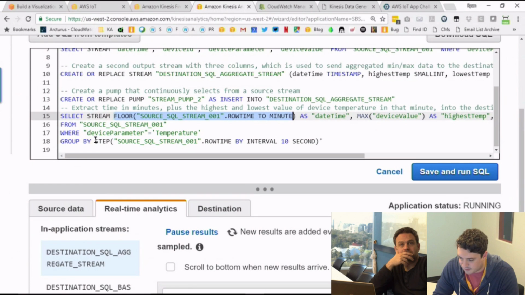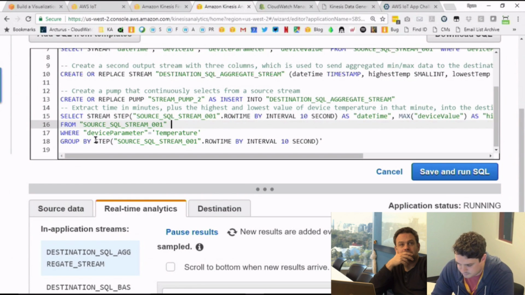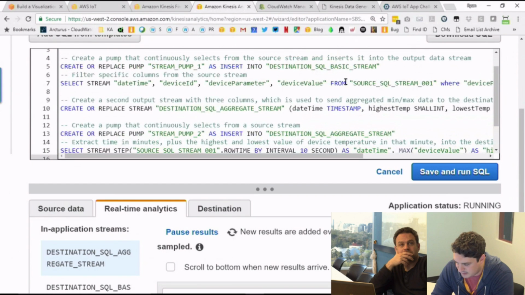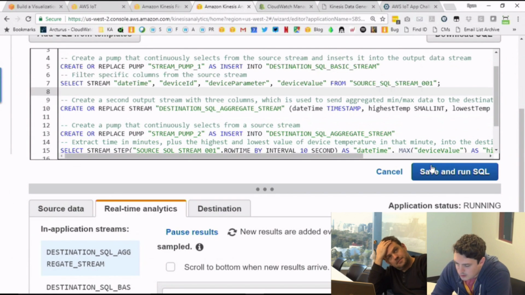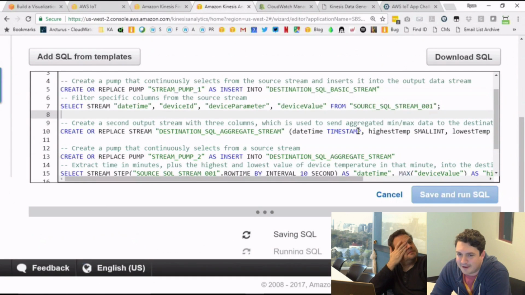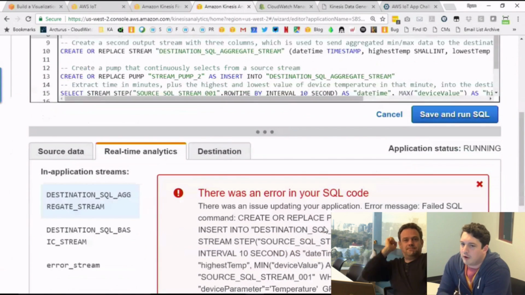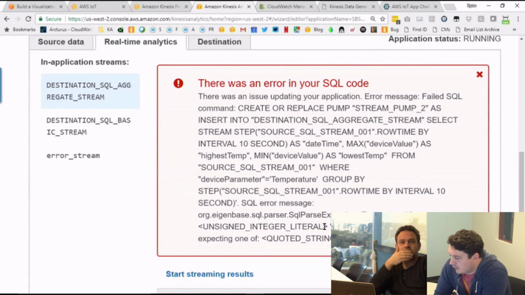I'm going to do the same thing up here. And I'm going to remove this part. And then I'll update my application. I think I intentionally added an error so I can show you the error functionality. But maybe I did get it right the first time. Yeah. While you're iterating on your applications, we'll produce error codes.